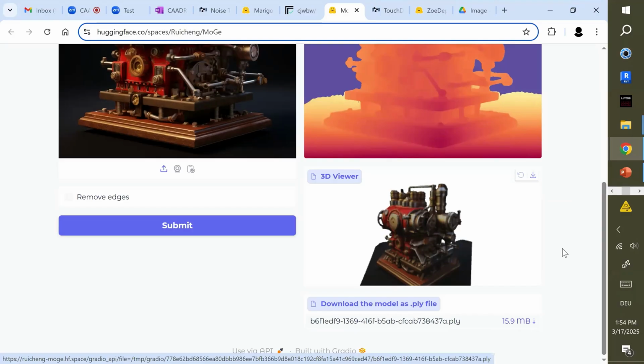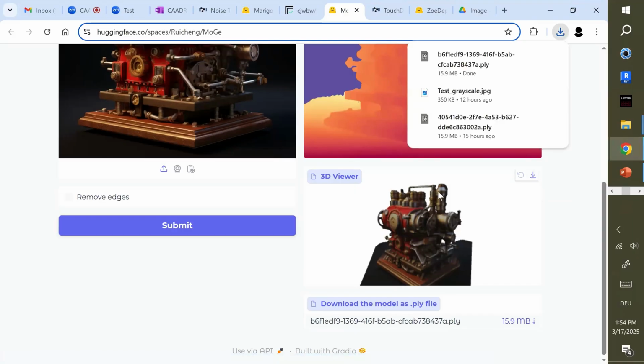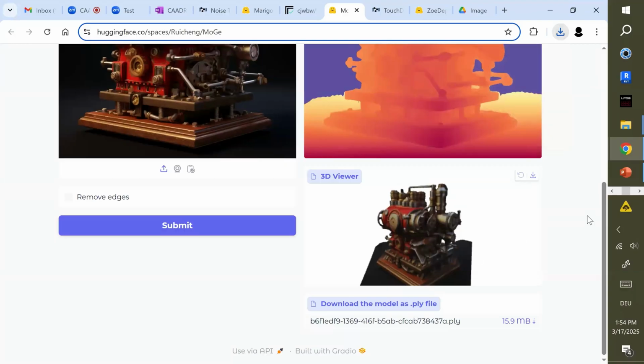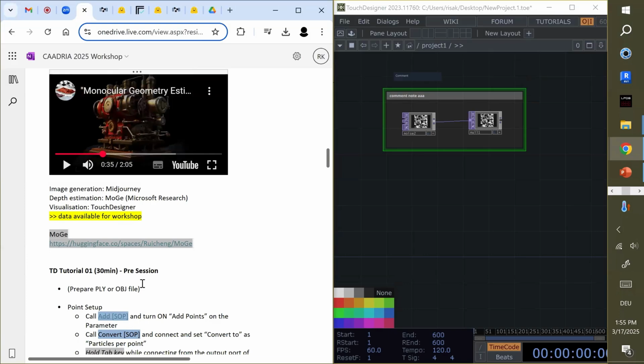For this TouchDesigner session, we're gonna use PLY, so we just download from here. GLB is also a very useful format for web or AR development. Okay, so we get this one as a PLY.